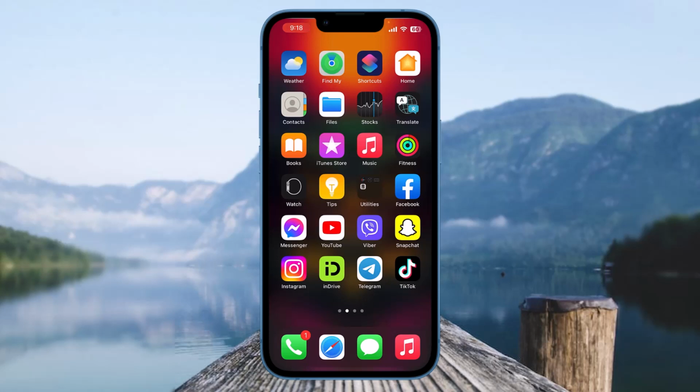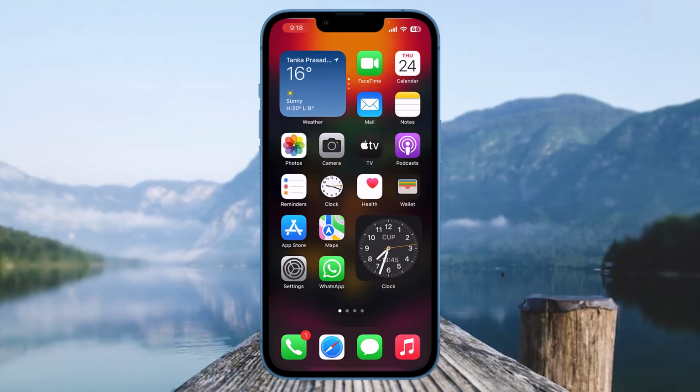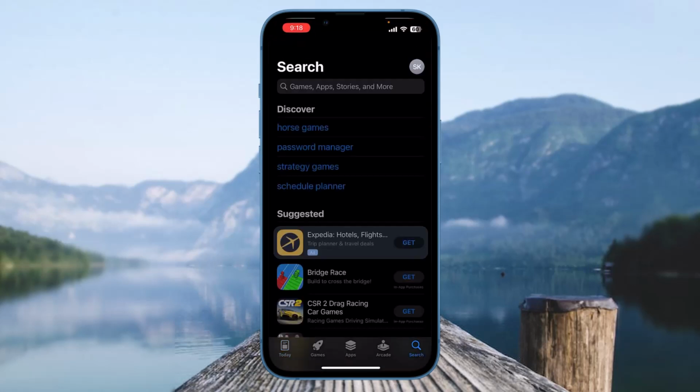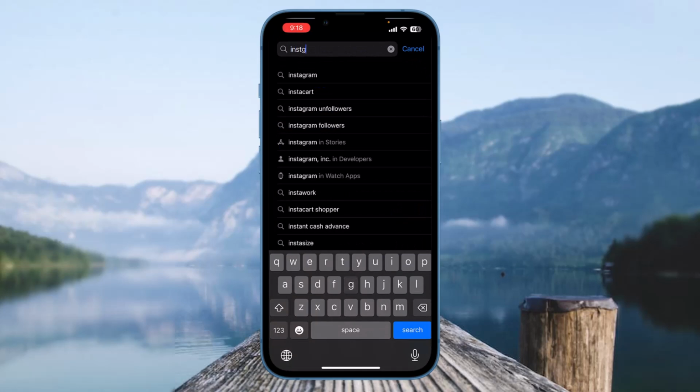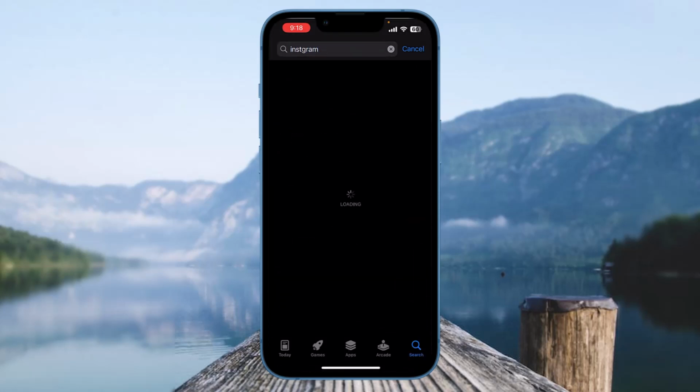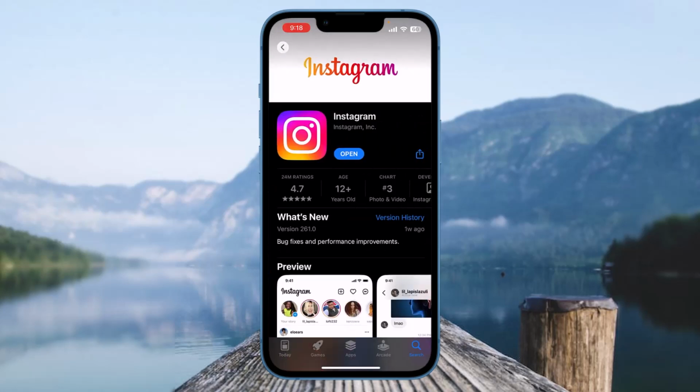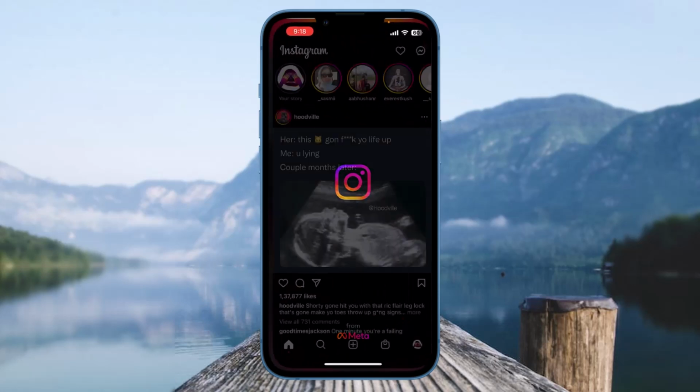Now before that, make sure that you are connected to Wi-Fi and your Instagram is up to date. Now to check the version of your Instagram, you need to simply open App Store on your device and see if there is any update available. So if there is no update available, you need to simply click on open on Instagram. So let's open and check if there is any update available. So as you can see, there is no update available, so click on open and make sure that you are